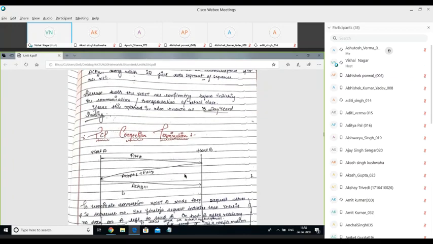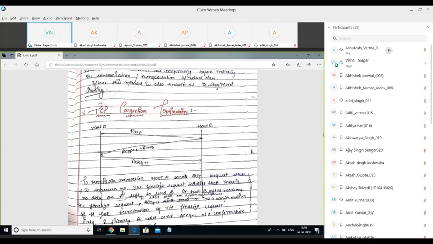Now, how is the connection terminated between the two TCP entities? For establishment of connection, we were using the keyword SYN, and to finalize or terminate the connection, we are using the keyword FIN. FIN stands for finalize, just like the one bit flag that we have in the TCP header format. So FIN P stands for the termination request from host A to B.